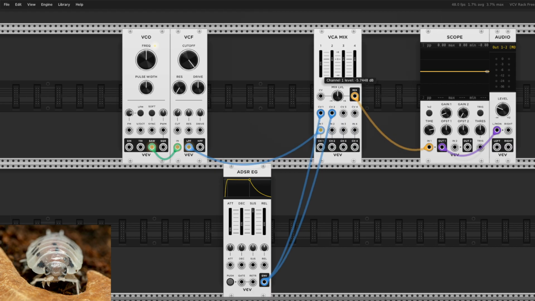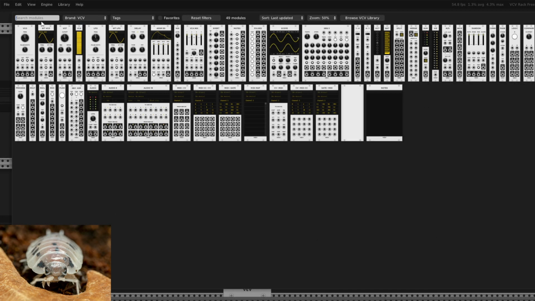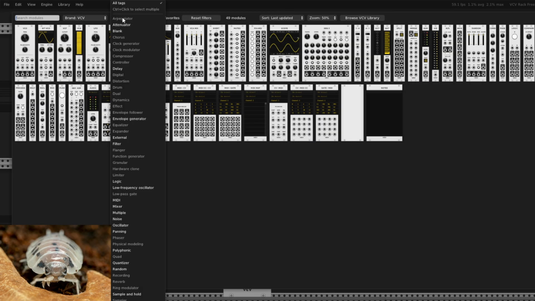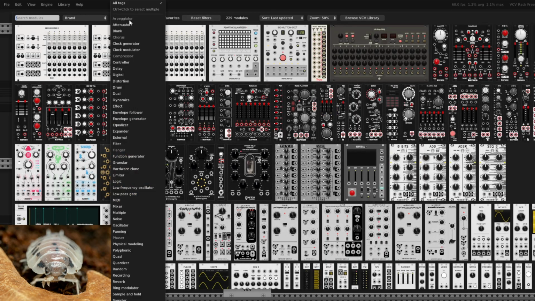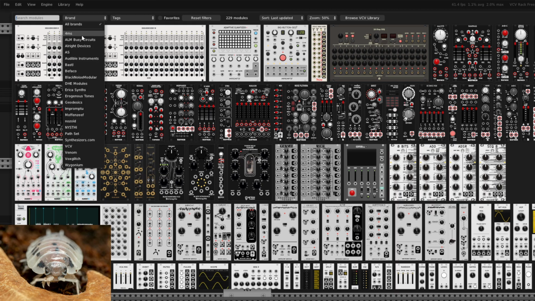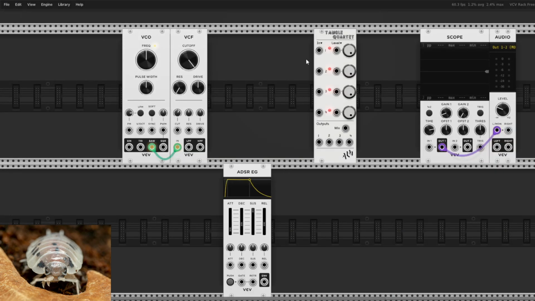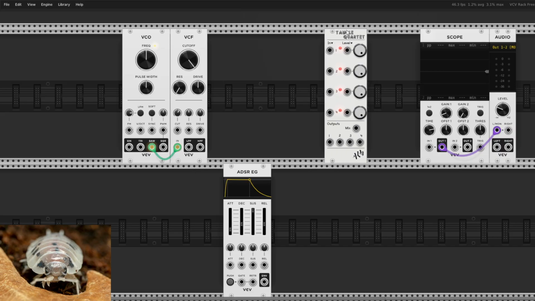I'm going to use a different mixer just so it's a little easier to see. What is it? ALM, yes, okay. It's the same thing, but